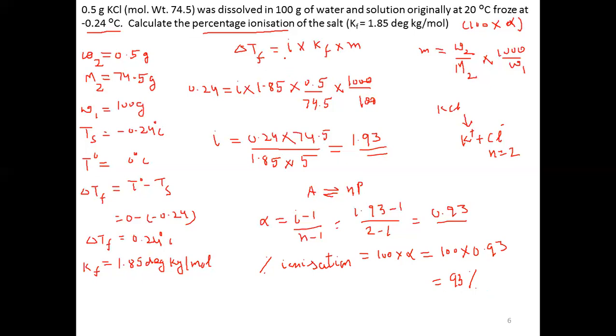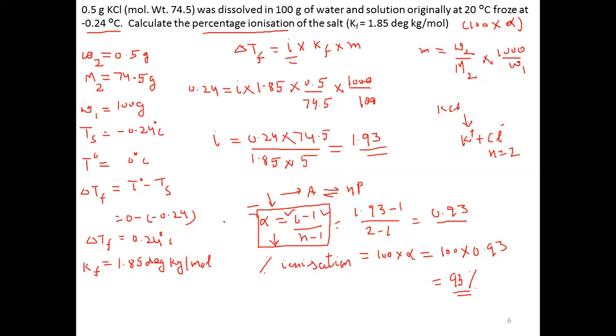We just have to calculate iota. From iota we calculate alpha by using this formula. I am again saying that you should know how to derive this formula, which I have already done in our theory lecture. I have kept that link in the description section, so please go there, because sometimes you forget this formula in the exam, but if you know the methodology of how to derive it, you can easily derive it. Hardly takes 1 minute to derive this formula. So that is the answer,